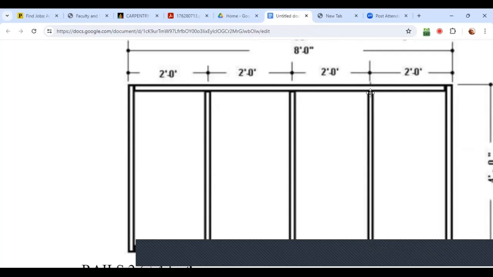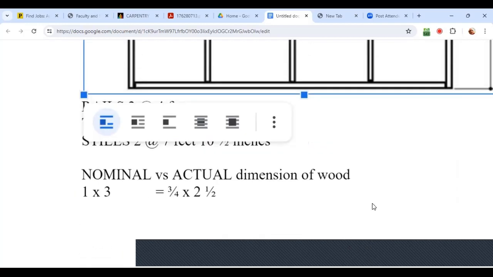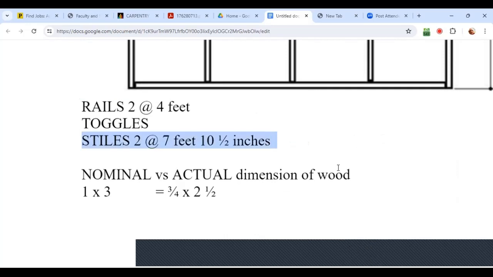So, therefore, 3/4 of an inch plus 3/4 of an inch subtracted from 4 feet, right? So 3/4 of an inch plus 3/4 of an inch is 1.5 inches. So it's 4 feet minus 1.5 inches. So that, let's put that down here. Okay, so that would be 4 feet minus 1.5 inches, which would be 3 feet